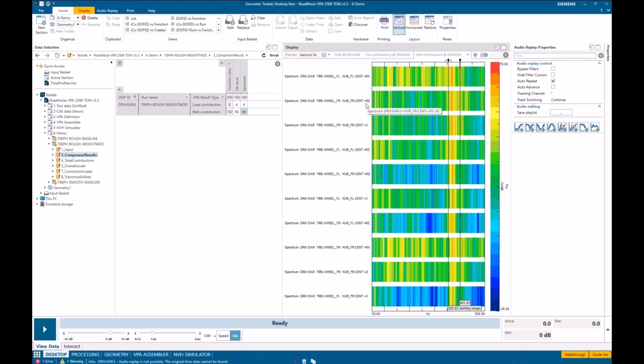This might prompt me to say, okay, we can't do a weight modification, at least in the manner that we did it without causing a huge tonal problem. What if we saved weight in a different manner in that subframe or went with a slightly different subframe design? Maybe I go back and I simulate something a little bit different. All of that can happen very, very quickly, whereas in hardware, we'd have to literally manufacture it and change the tools and all of that. That takes a lot of time and money. So that's the whole point. So that's VPA